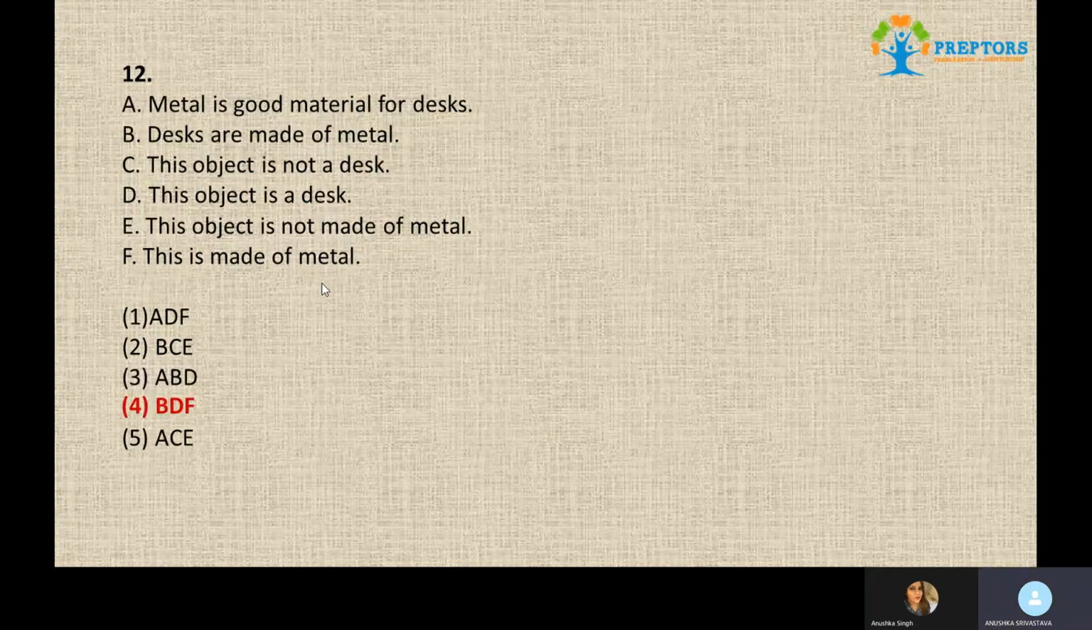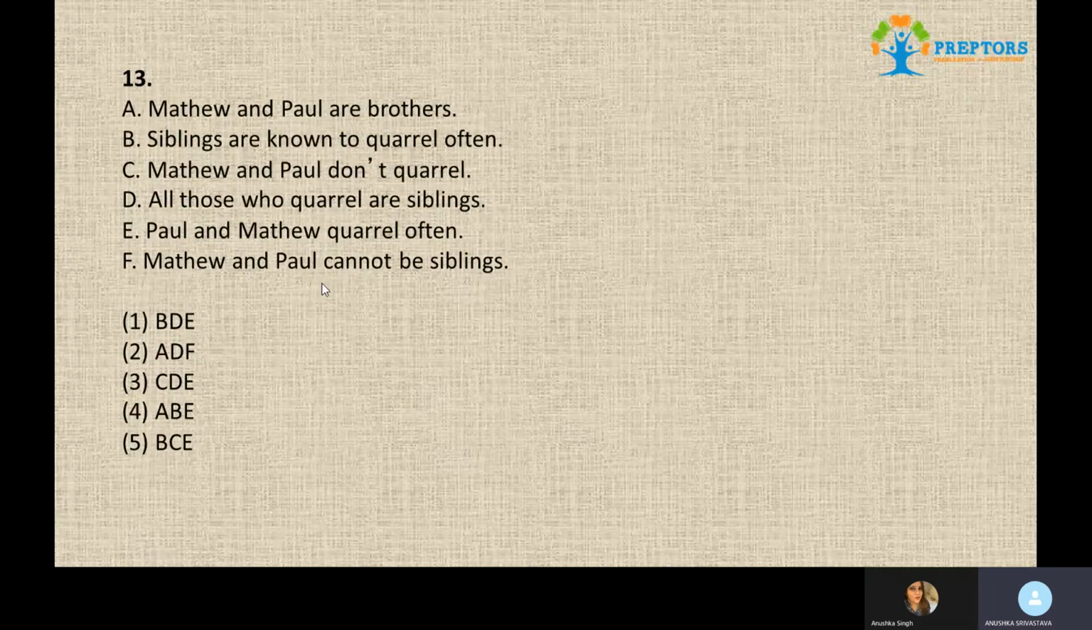Here the answer is DF. Desks are made of metal. This object is a desk. This is made of metal. So hence correct. Now we go to our other types of questions,